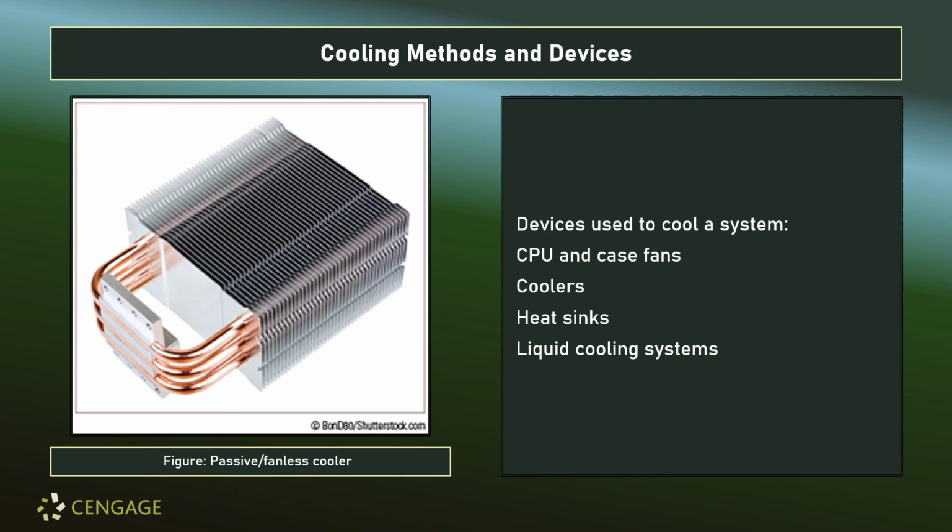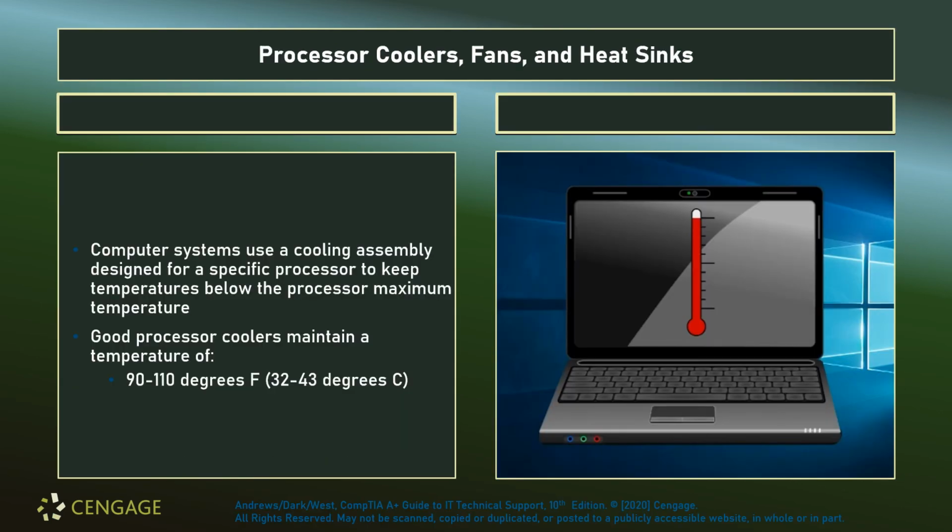And then you will sometimes also see what's called a liquid cooling system, which I'm sure you've heard of, which instead of using air and radiant metals, will use a coolant, something not too far off from the antifreeze that you put in your car, in order to radiate heat more efficiently. Computer systems are designed to keep processors below a particular maximum temperature. A good cooler should maintain a temperature of about 90 to 110 degrees Fahrenheit or 32 to 43 degrees Celsius